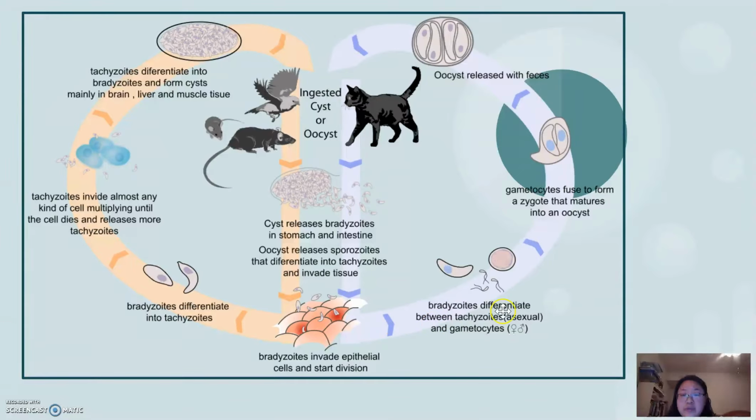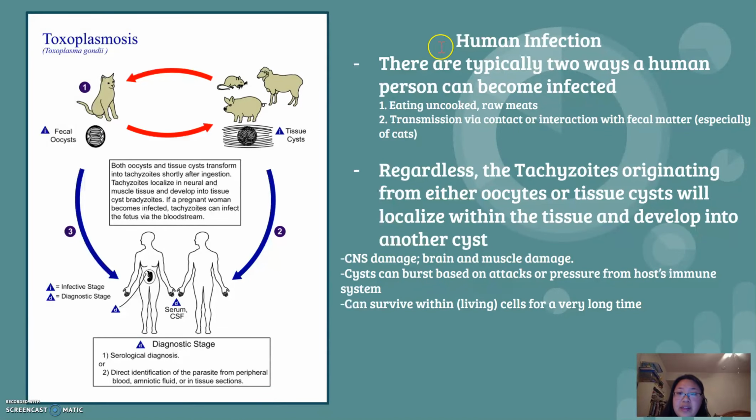And from here, they can either differentiate into that fast, rapidly multiplying and replicating tachyzoite, which is asexual, or they can differentiate into gametocytes, which have male and female counterparts. And these gametocytes can fuse to form a zygote that matures into an oocyst. And this oocyst is what's released with the fecal matter or waste of the cat, and that's what humans come into contact with and become infected. So that's going to lead us into our next slide, human infection, and how we actually contract